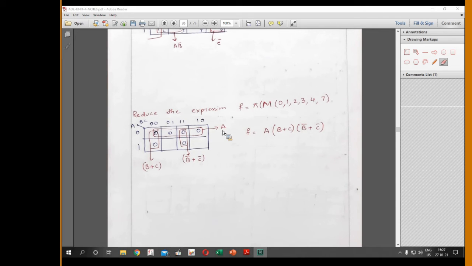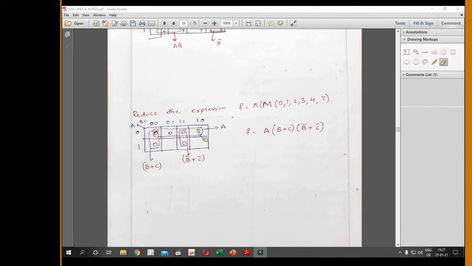Now I just look for the big square formation. Since your given max terms are only 6, I could not form an 8 square adjacency. It cannot be possible with the given 6 max terms, and I'll move to your next priority, which will be given to the 4 square adjacency or a quad formation. Now I could form this.